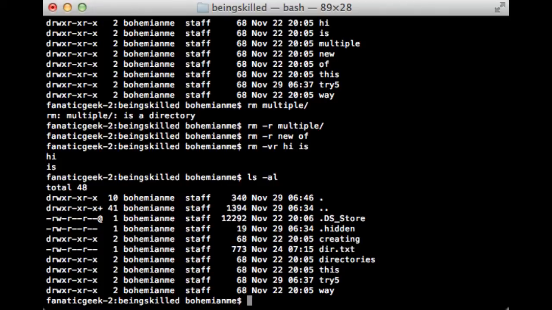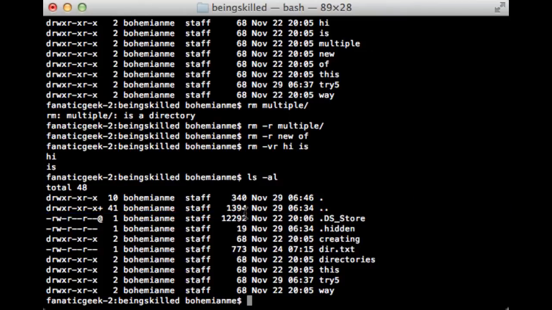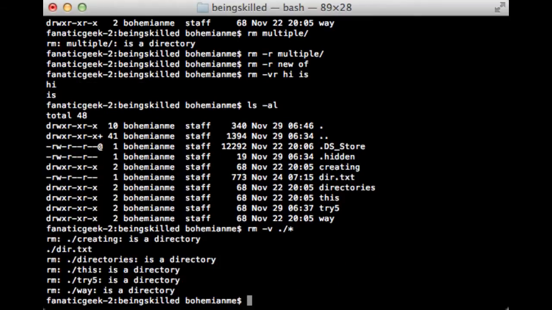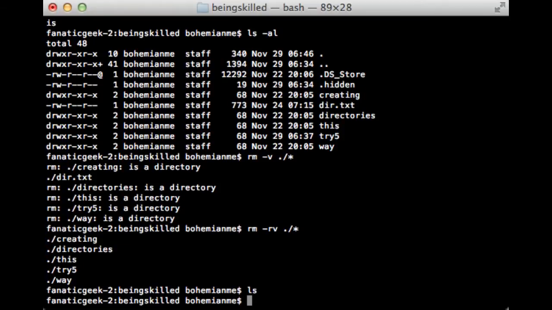So let's see what we are left with. We removed many folders, and if you want to remove everything inside this, then just type it in. Now we are left with nothing because we used a wildcard.